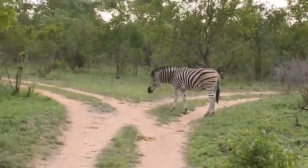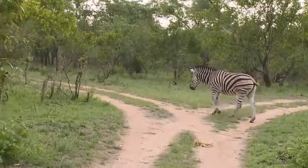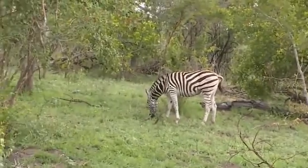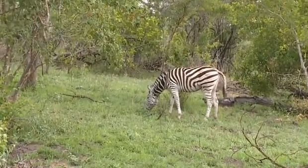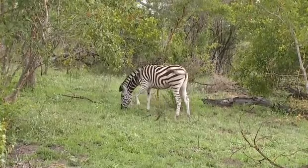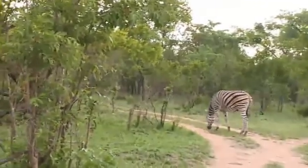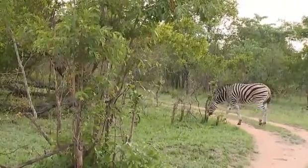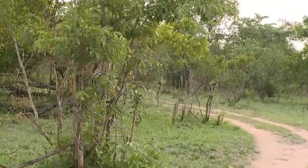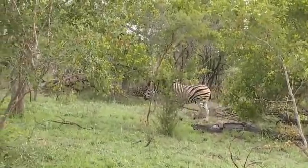This again is a good example of how camouflage doesn't necessarily have to be color orientated, like I mentioned with the scorpions earlier. So you wouldn't presume black and white being ideal colors to fit in the wilderness of Africa, but as I said, breaking up one's body shape and outline of a figure is critical, and that's exactly what these stripes do. They lead off in all different directions, some vertical, some horizontal, which makes it difficult for predators to lock on to a target like this, especially considering that predators have got